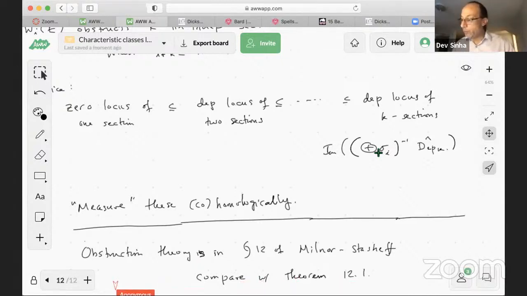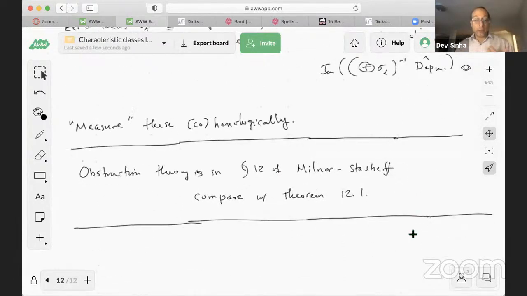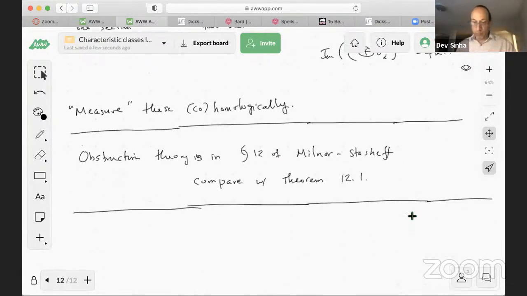But let's talk about some calculations. One of the first things you'd want to know is whether something is always 0 or not. So could it be that even though we define these, they're almost always 0? We have shown from this definition, and it's taken as one of the axioms, that W1 of the Mobius bundle is non-zero, but maybe that's the only one. Could, for example, some Stiefel-Whitney class be identically 0? Well,